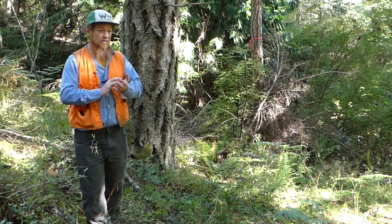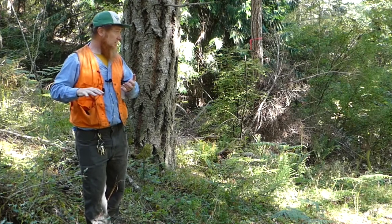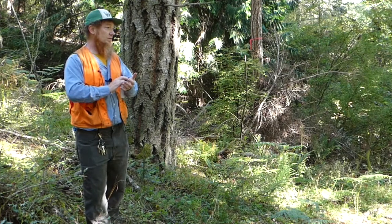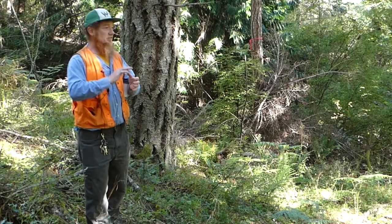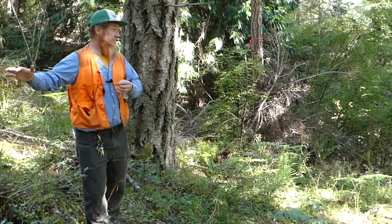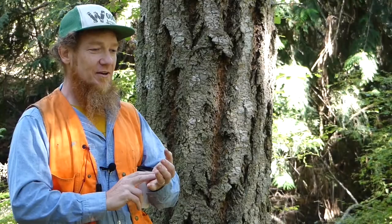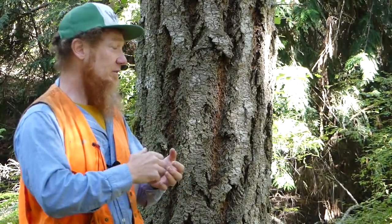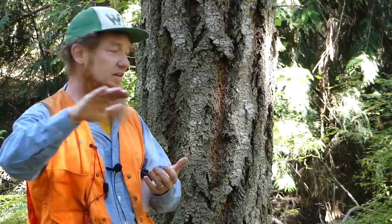We have far more trees growing throughout the San Juans in general than we did 150 years ago, even when you account for the agricultural clearing and the little towns and the developments. Yes, the trees were bigger and they were more widely spaced, but we had fewer of them. And nobody went out and actually counted all those trees, but we have reasonable records from fairly detailed descriptions of the forest, some actual maps, some early aerial photos. We have our understanding of the trends of